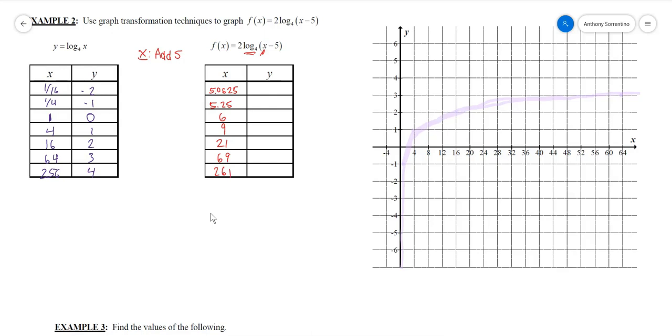And as far as the y's go, the 2's on the outside of that parenthesis, so all of them get multiplied by 2. I did exactly what it says. So this would be -4, -2, 0, 2, 4, 6, and 8. And so when I plot those points,